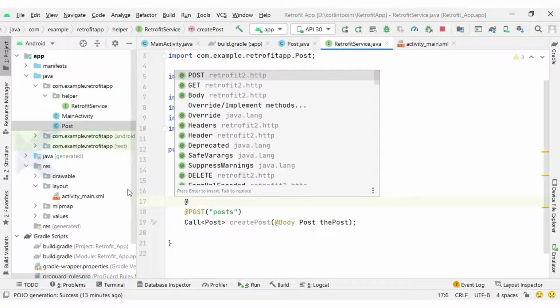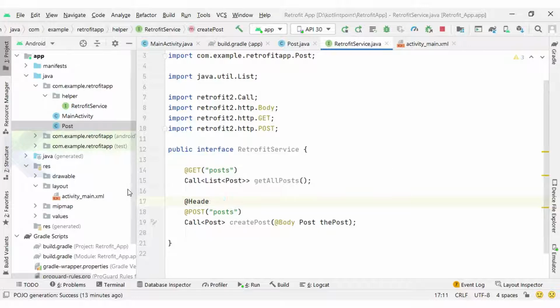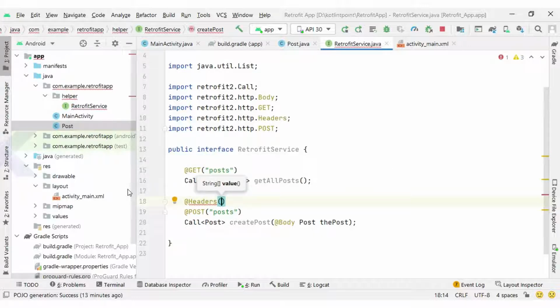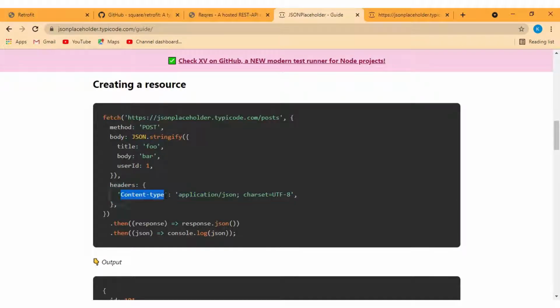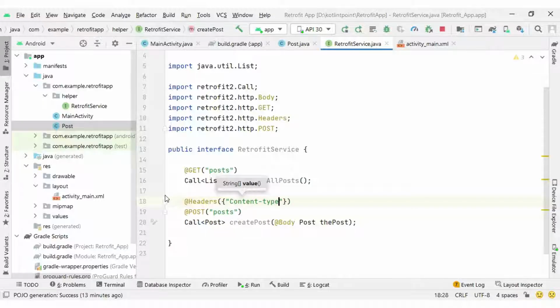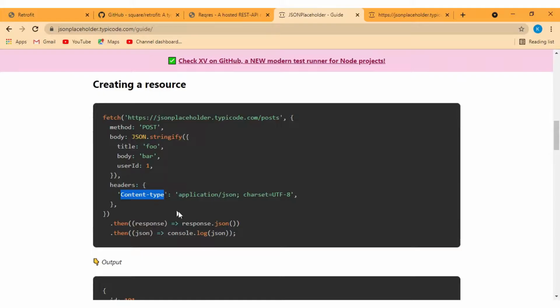So you can see we have the @Headers annotation with Retrofit, and inside it we can pass curly brackets, which means an array, and within the array we can have Content-Type, the same as what is available here, with a colon and the value we can set here.